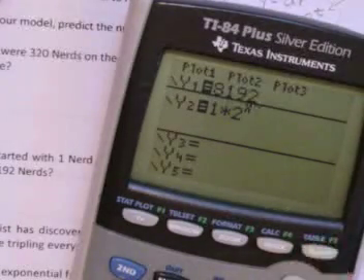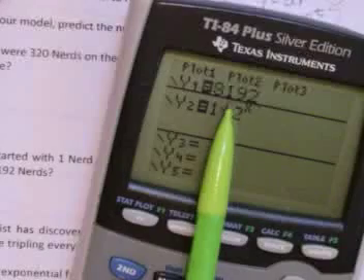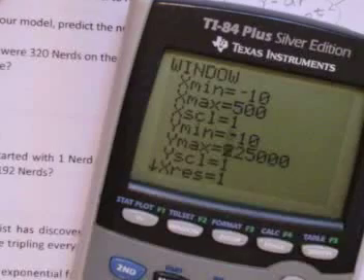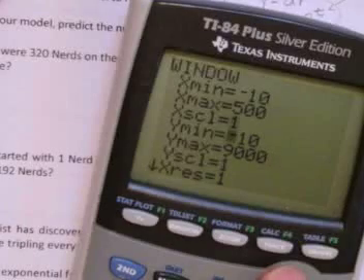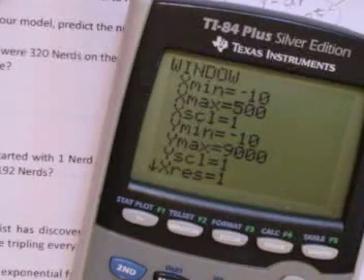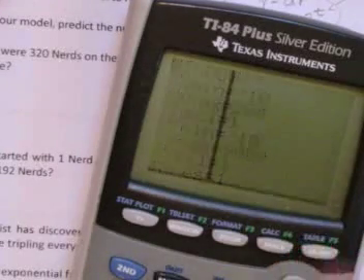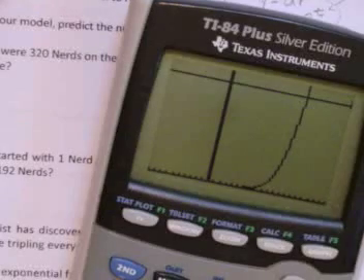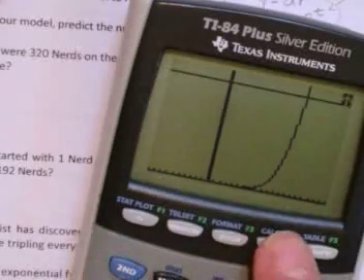And I'm going to notice that my y max value is going to have to be pretty big in order to see my graph. It doesn't look like I need it quite that big. But if I want to see 8,192, I probably should set my y max at 9,000. And I'm just taking a guess that x, 20 doubling periods, would cover it. So let's take a look at my functions as I graph them. And fortunately, I can see both the exponential function and the linear function. And I'm looking for the intersection.